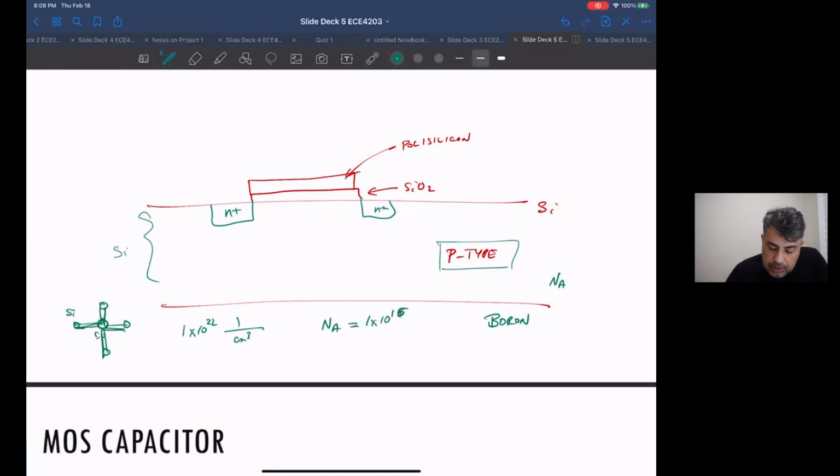Let's make it 10 to the 16 per centimeter cubed, which will make the calculation easier. So for every million silicon atoms, 1 atom got replaced by a boron atom. So they're still pretty rare. You're really still talking about a chunk of silicon, except 1 part in a million is these boron atoms, which are lacking. They only have 3 valence electrons, so basically they add a hole